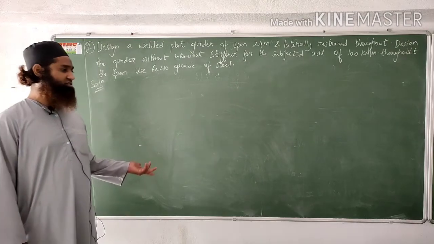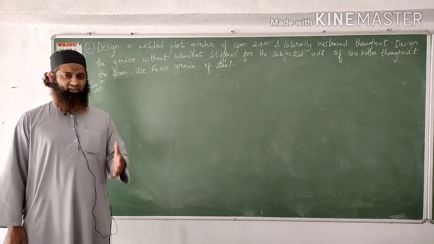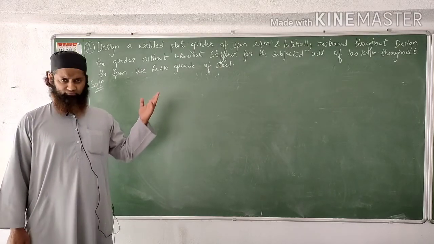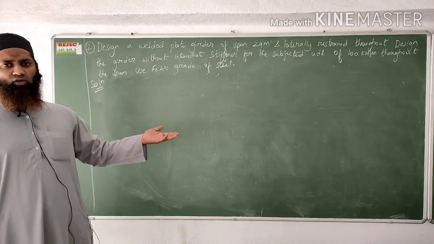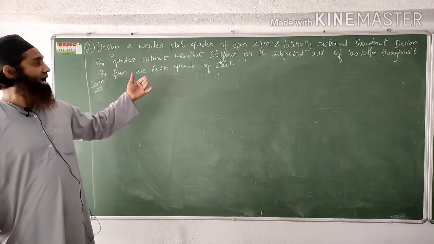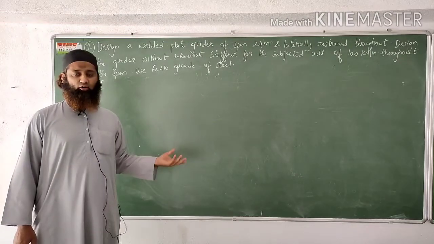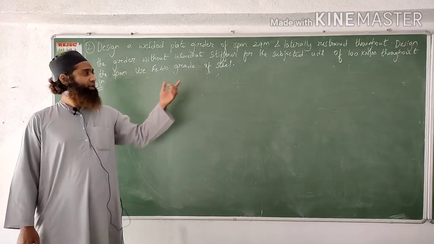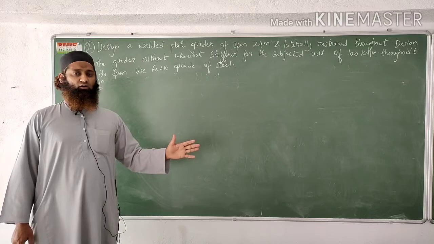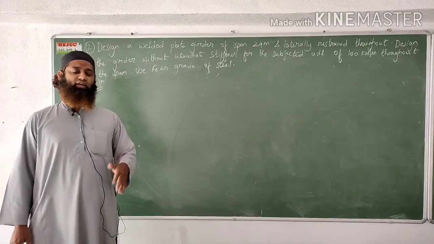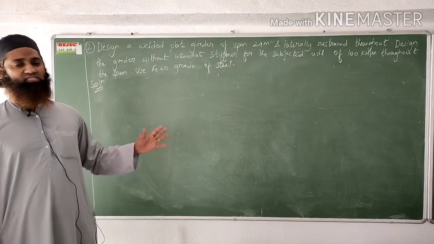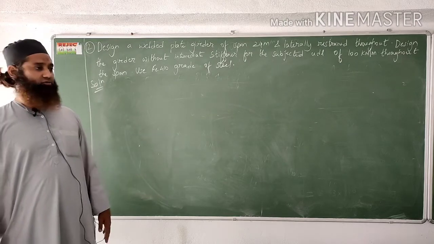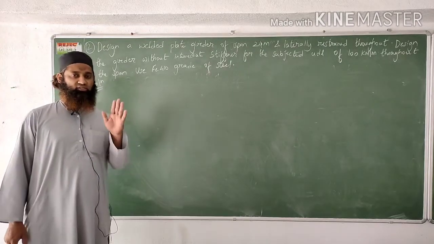Next we find the self weight per meter length, so 150 divided by 24, and we get a value per meter length. Then we add up the total load coming onto the girder, that is UDL plus this self weight, which was around 106 or so. We had factored it, and after factoring we got a value of around 160 kilonewton per meter. So this was the total load. This was step 1.